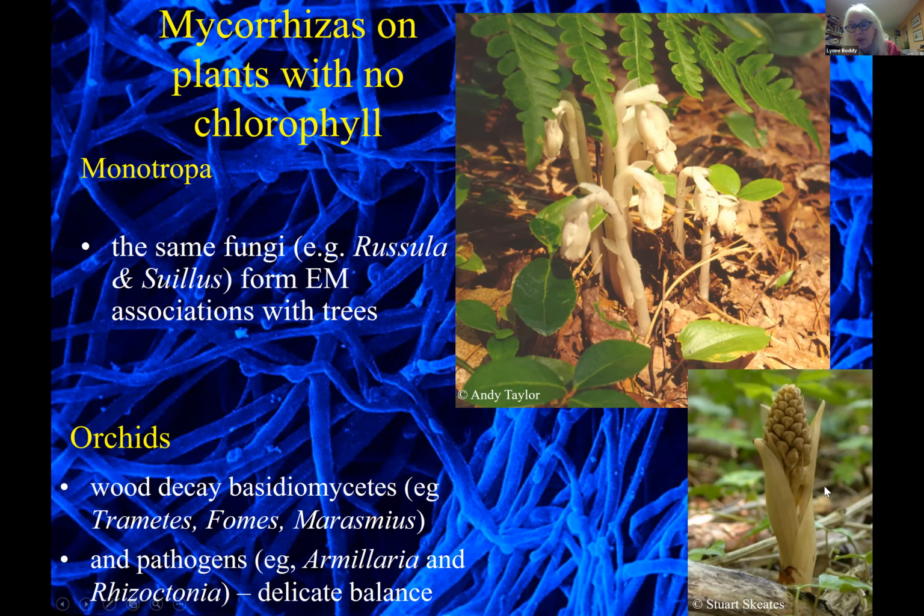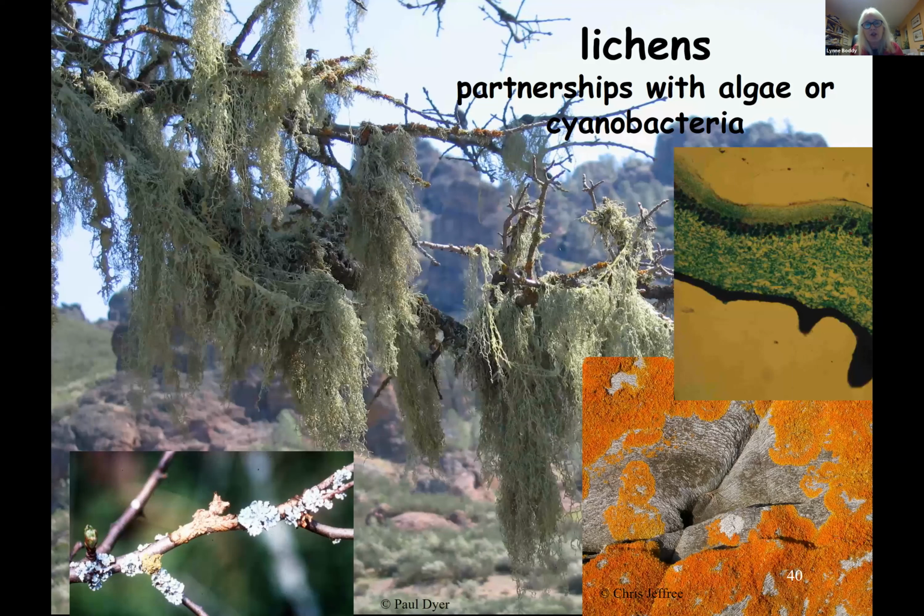But again, some of them are achlorophyllous. They don't produce chlorophyll, and again, they are acting effectively as parasites on the fungus, getting the sugars from the fungus too. And as I mentioned near the start, lichens are a partnership of fungi with algae or with cyanobacteria. That, of course, is where we get the green color from. Here's an example of a lichen